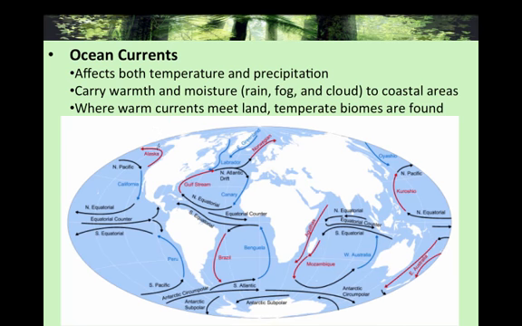So the fifth and final abiotic factor we need to consider when looking at biomes is ocean currents. And the